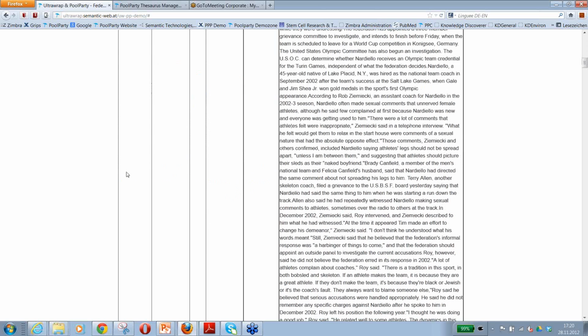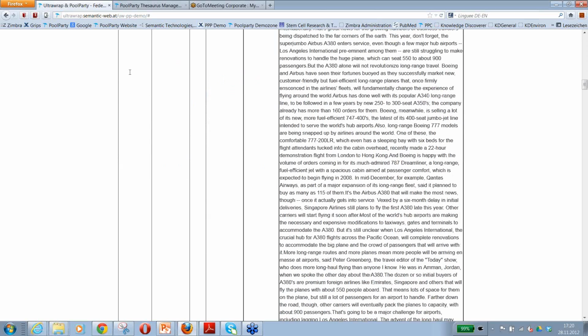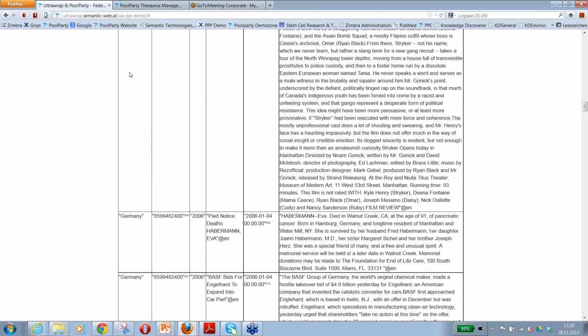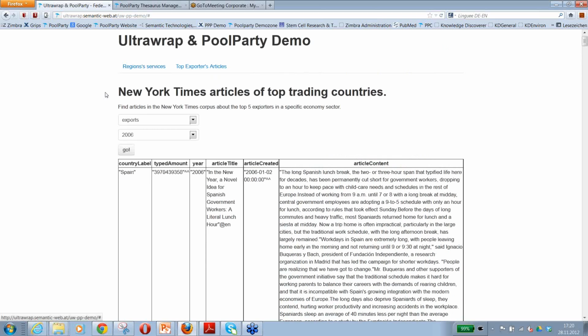So you can see here only countries mentioned which belong to the worldwide top 5 exporters, which are Germany, Canada, Japan, Singapore, Spain in 2006. Yeah, so those were the 2 live demos,